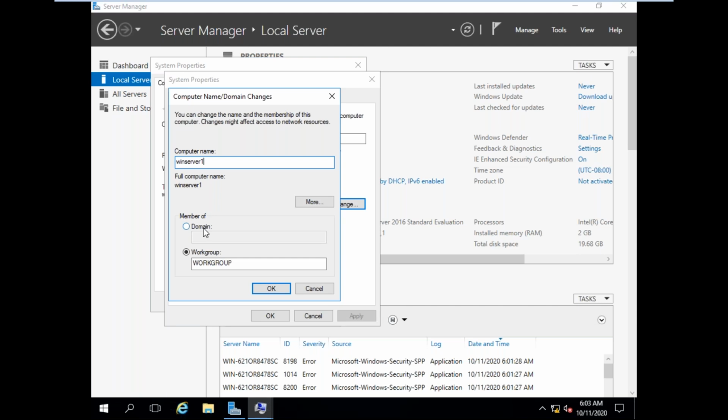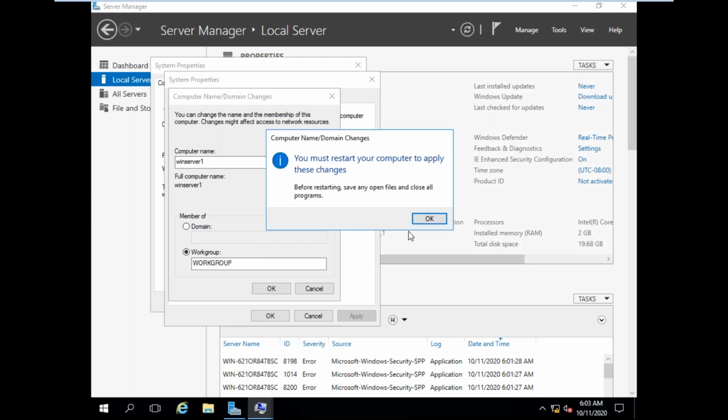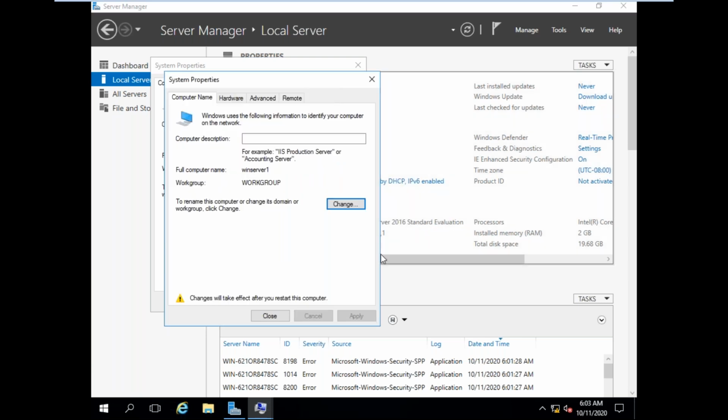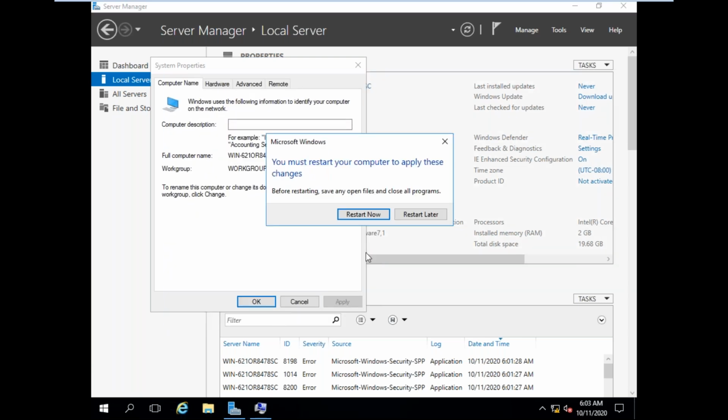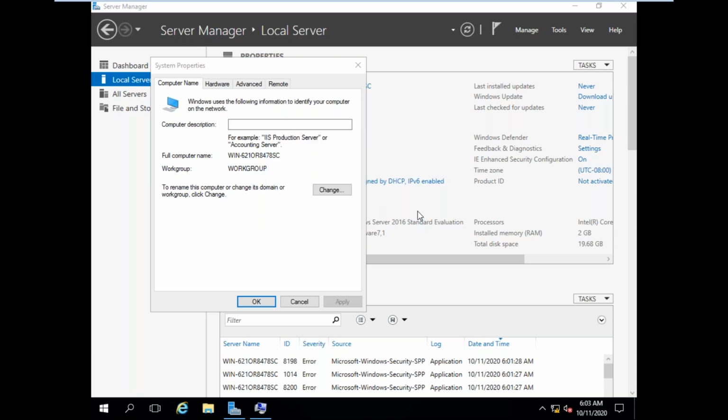Just now I installed Windows Server 2016, so I am changing the computer name first. WinServer1, click on OK. You must restart the computer to apply the changes. OK. Click on close. Restart later because I want to change the IP address also.